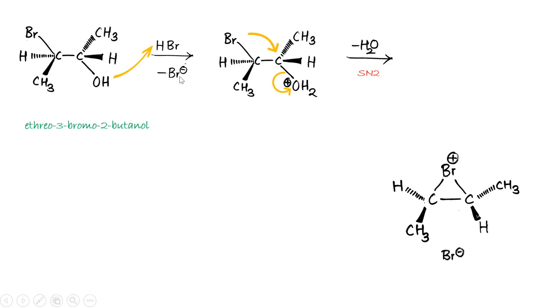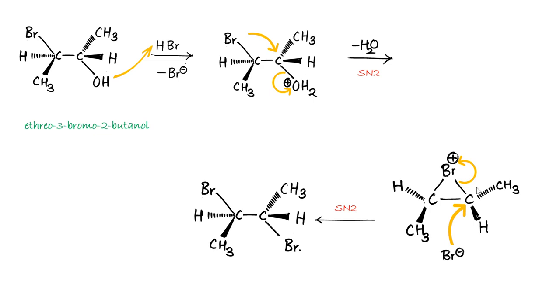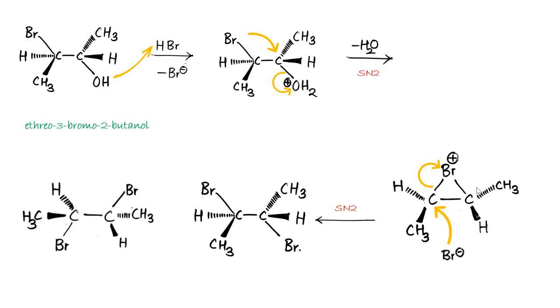The next intermolecular SN2 attack will take place by the Br minus, which was already eliminated as a leaving group. It will easily attack this carbon or this carbon. Firstly, if it attacks this carbon, the electron pair from this carbon-bromine bond will shift onto this bromine and you will get the product after the second nucleophilic attack. If this bromine attacks this carbon, the electrons shift onto bromide and you will get this product. Now look at these two products. These two products are meso dibromides, meaning they have a symmetrical structure.